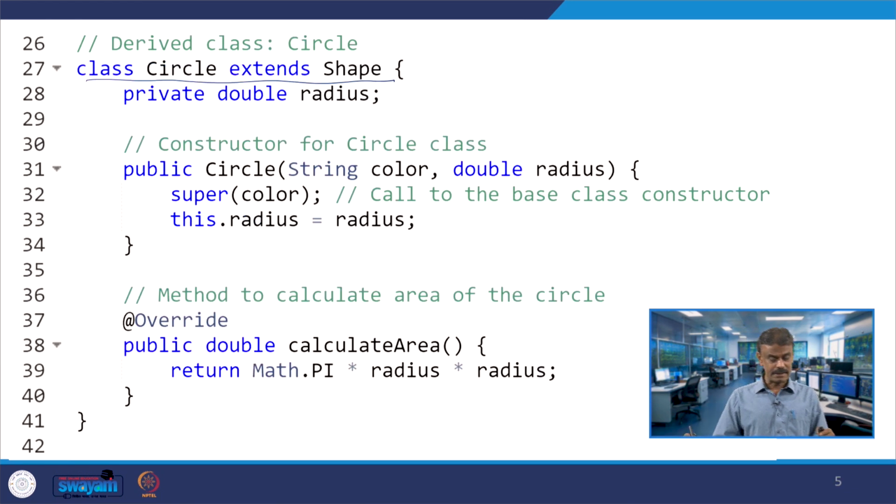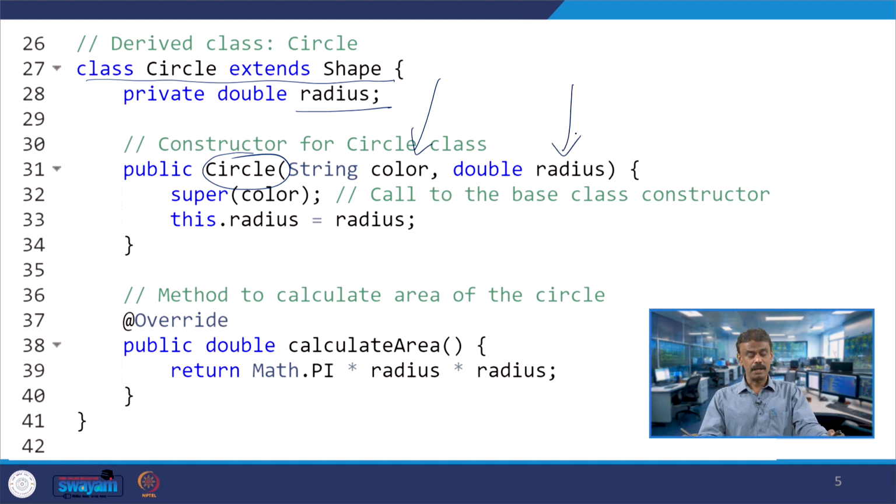In Circle you have the private member data called radius whose data type is double, and then you have a member function called Circle, in fact a constructor, a special method. It is a two-argument constructor with color and radius, whose data types are string and double respectively.